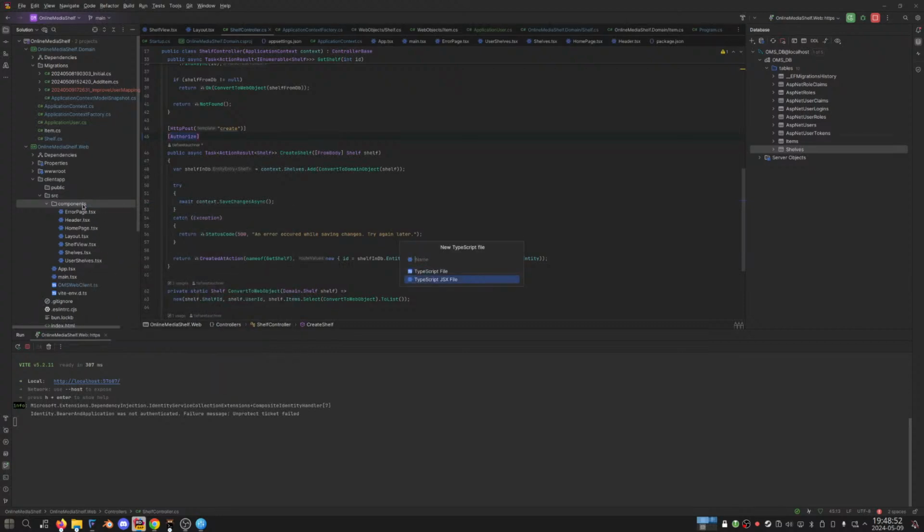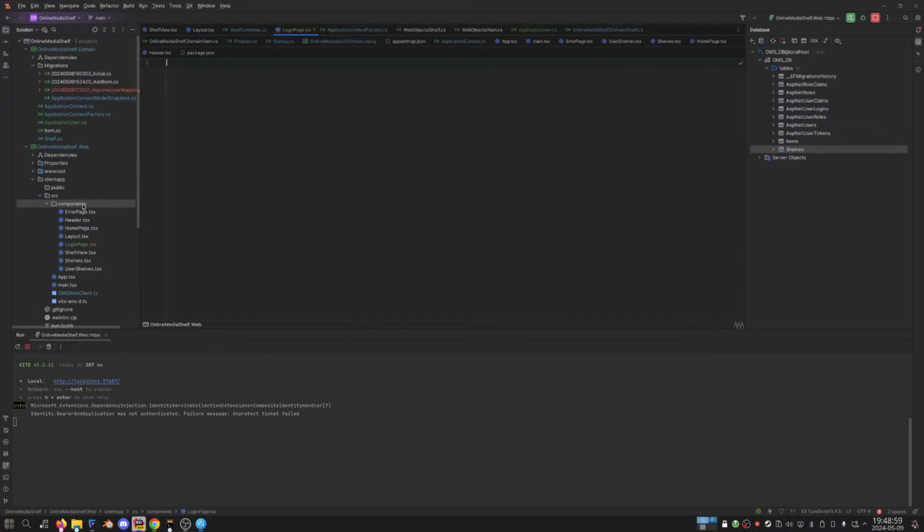We'll add a login page.tsx and we'll say export function LoginPage and we'll say return and we'll return a TSX element with a div and